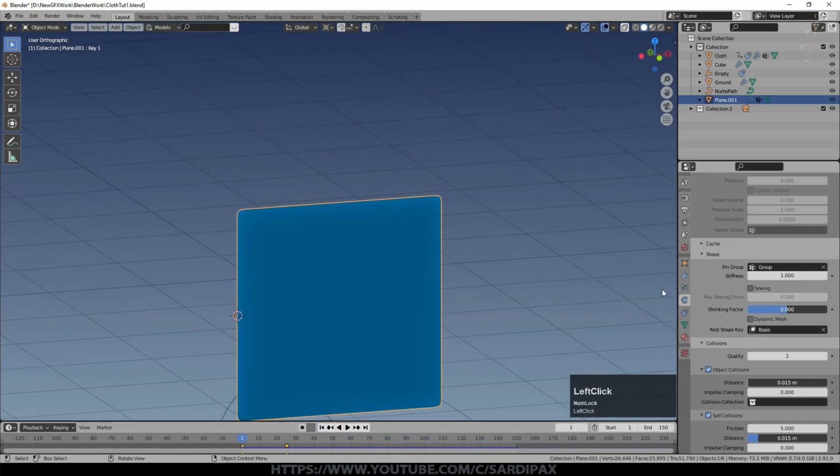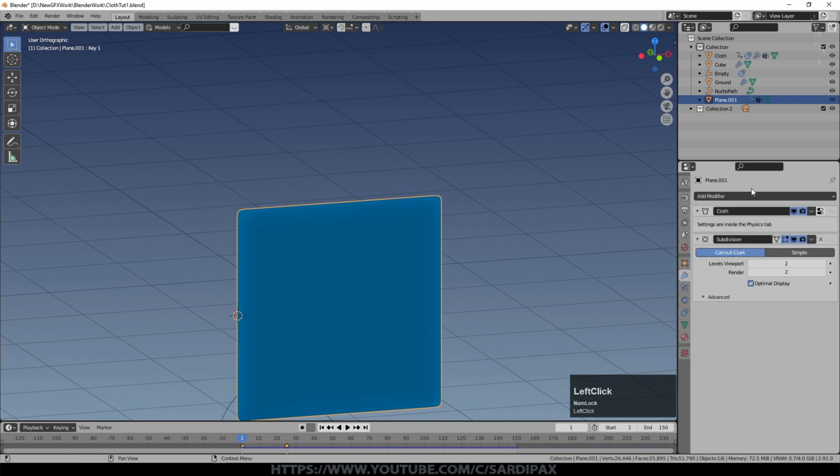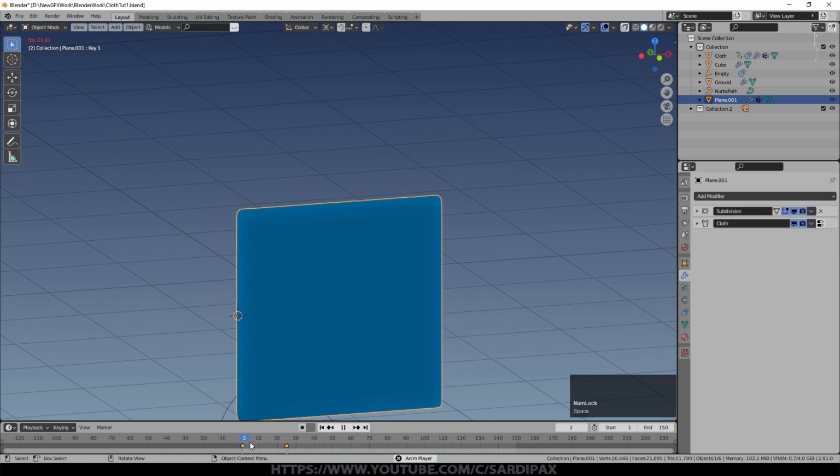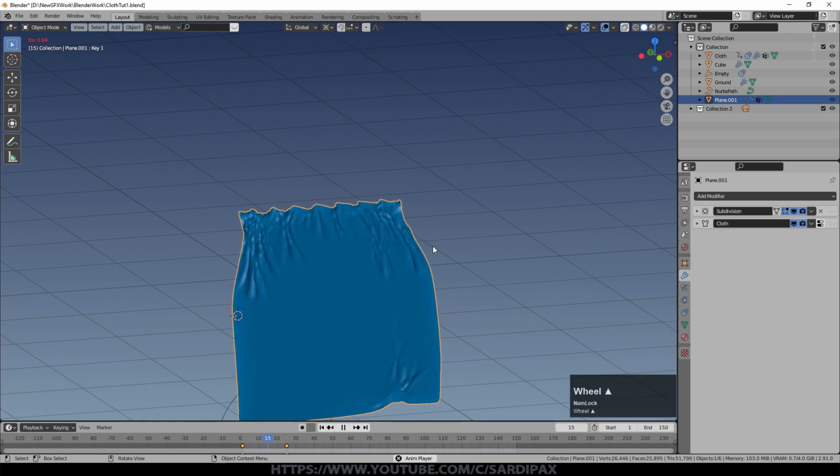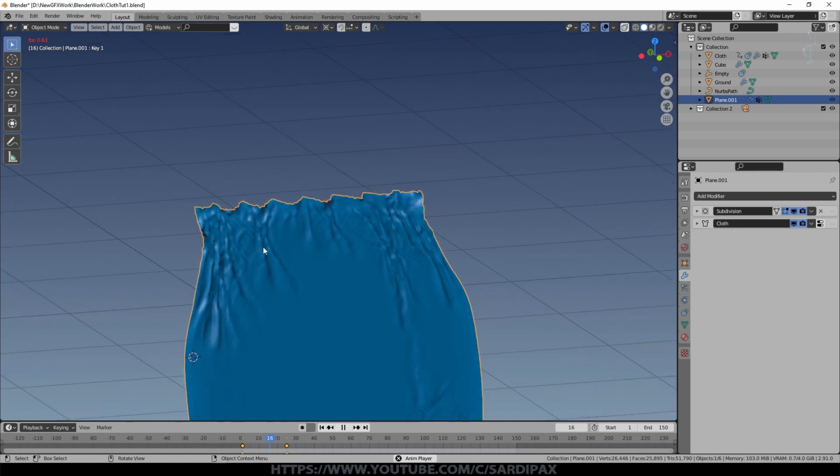And I can also demonstrate what happens if you move the subdivision surface above the cloth simulation. So I'm just going to grab that and drop it there. And now if I press play, you can see it's going much more slowly on the simulation. And that's because it's doubled and doubled again. It's quadrupled the number of vertices that it's trying to simulate. And you can see it is going to do it, but it's just not looking as good.